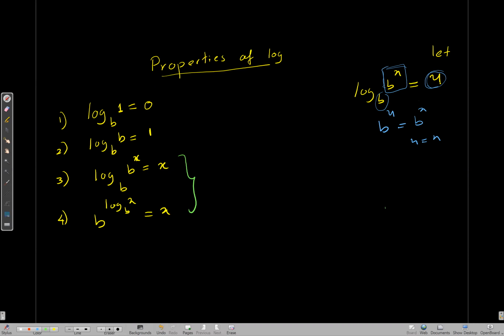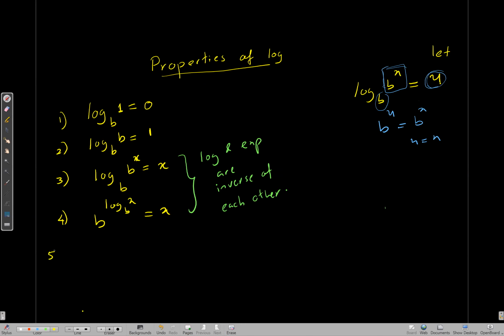Now what you need to remember is that log and exponential are inverse of each other. That is the reason why that happened. Now next property